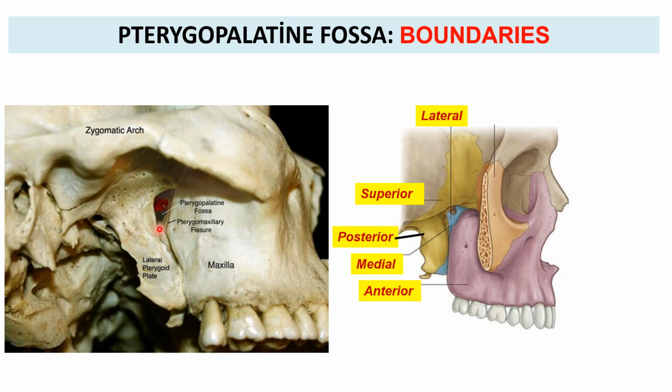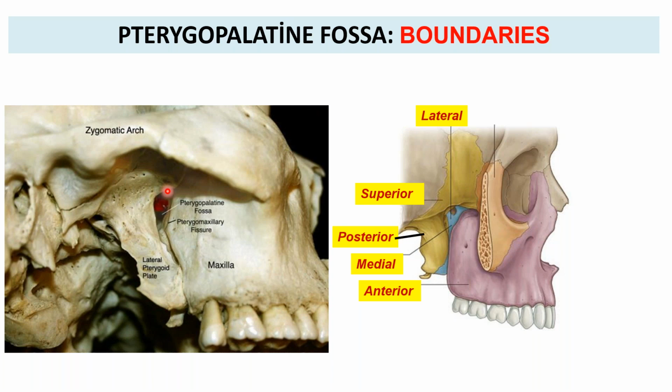You can see communicating to the infratemporal region through its lateral wall, which is an open wall, is the pterygomaxillary fissure. How will you locate the pterygomaxillary fissure? You will look for it between the pterygoid plates and the maxilla bone. Through this fissure, the pterygopalatine fossa is communicating with the infratemporal region. Once we have looked for this pterygomaxillary fissure, we know now the pointer is at the medial wall, which is formed by the palatine bone.